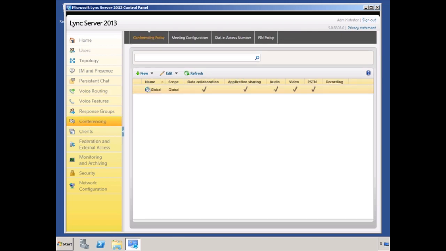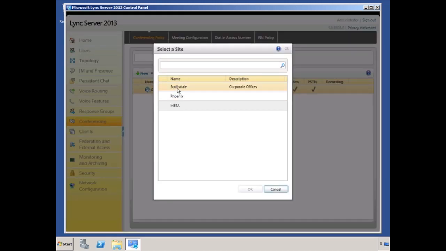And here you can see that I have conferencing policy, meeting configuration, dial-in access number, and PIN policy tabs. Let's start off with our conferencing policy. When you set up your conferencing policies, you can apply the settings here globally. You can also apply your conferencing policy settings at the site or right down to the user level. So for example, if I define a site policy for Scottsdale,